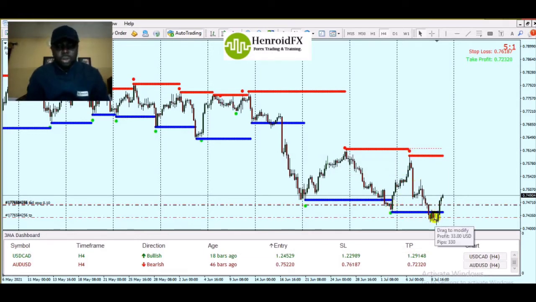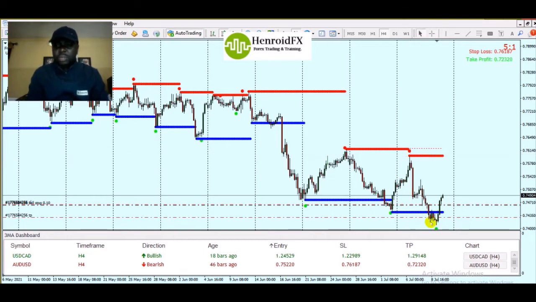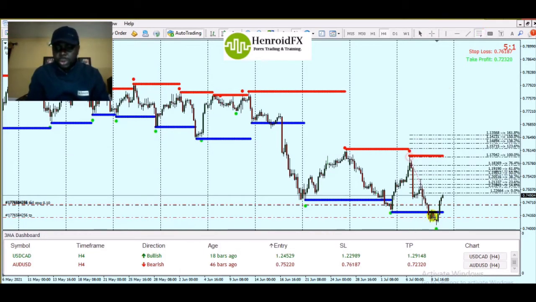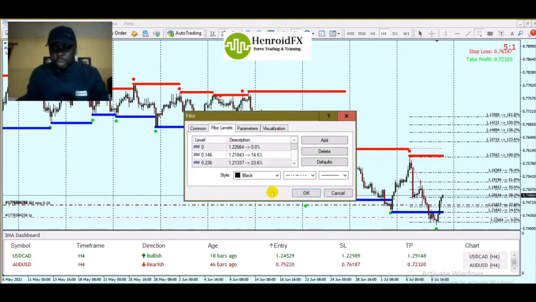This is a constant structure which confirms a bearish trend. Like we said also, usually on Fridays, you have a lot of retracement taking place. And just like you have seen here, from this point to this point, after going 178 pips, now it is retracing up to this point here, currently at the 38.2